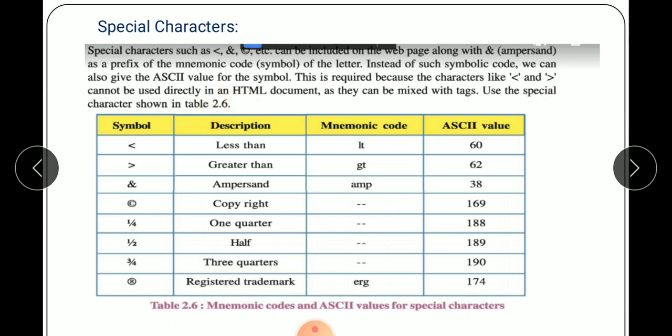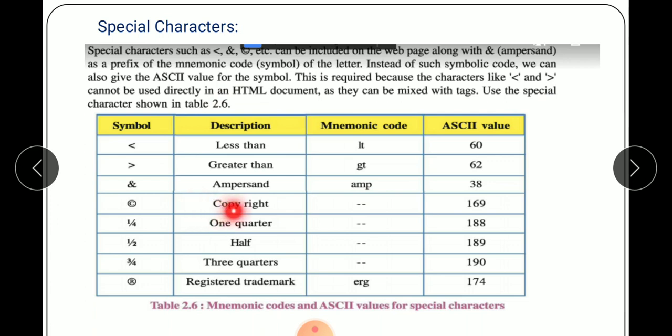Less than symbol, mnemonic code LT, ASCII value 60. Greater than symbol, mnemonic code GT, ASCII value 62. Ampersand, mnemonic code AMP, ASCII value 38.